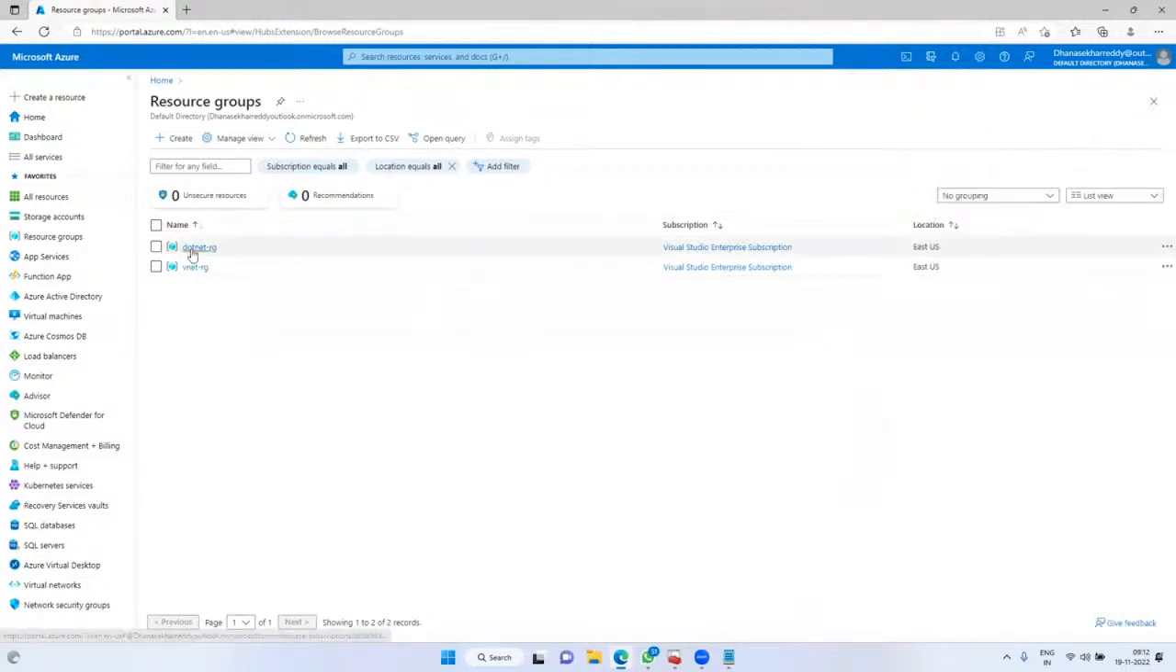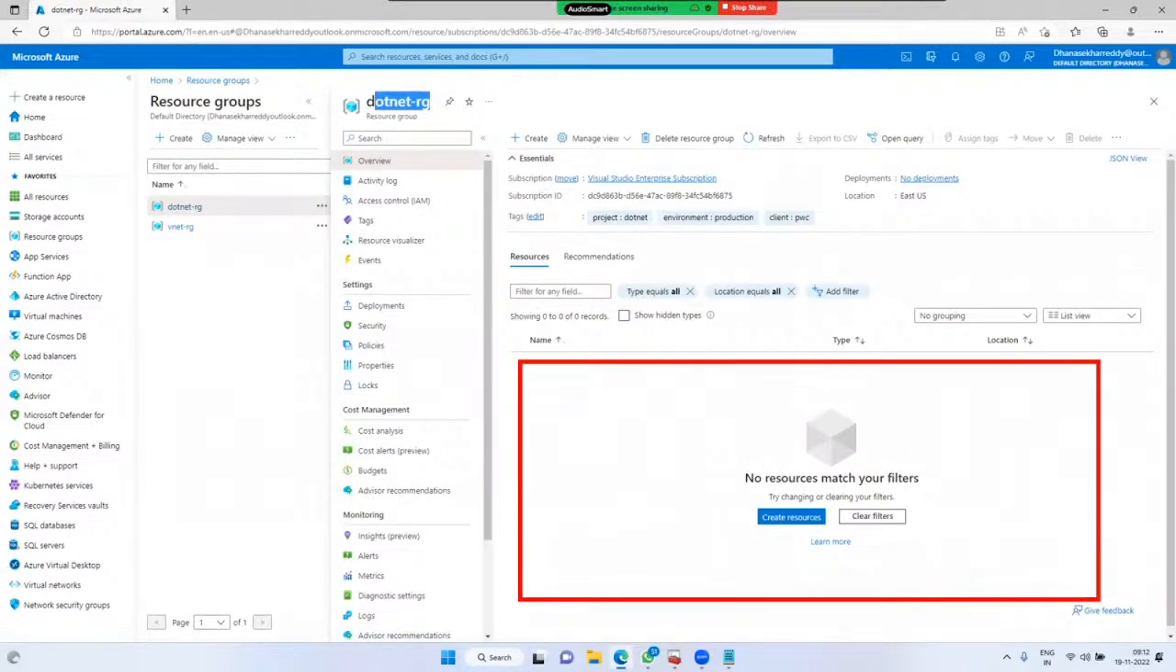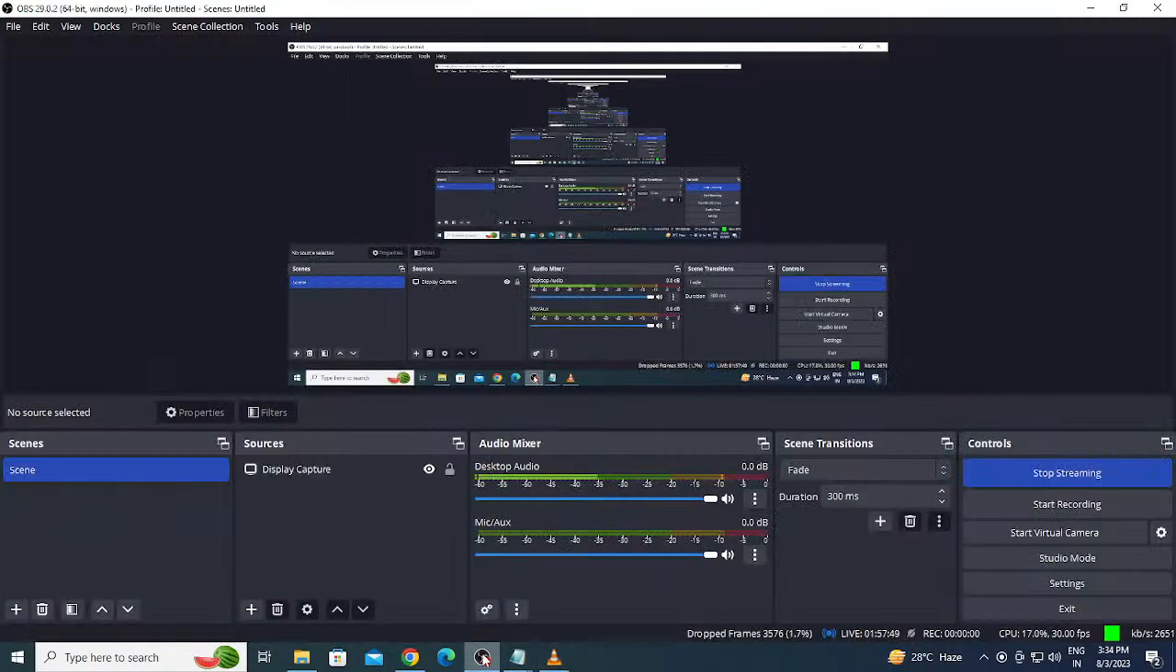So far it's clear? Yes. See, if I go and verify the .NET resource group, it is showing empty. Nothing is there. It says no resources match your filter. Nothing is there. Now go to this resource